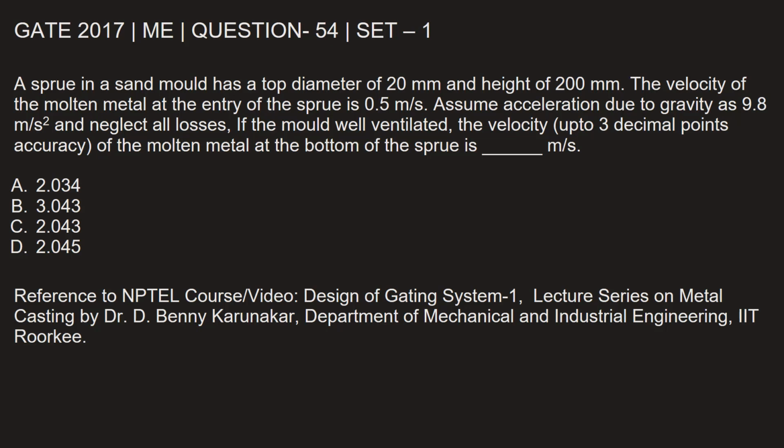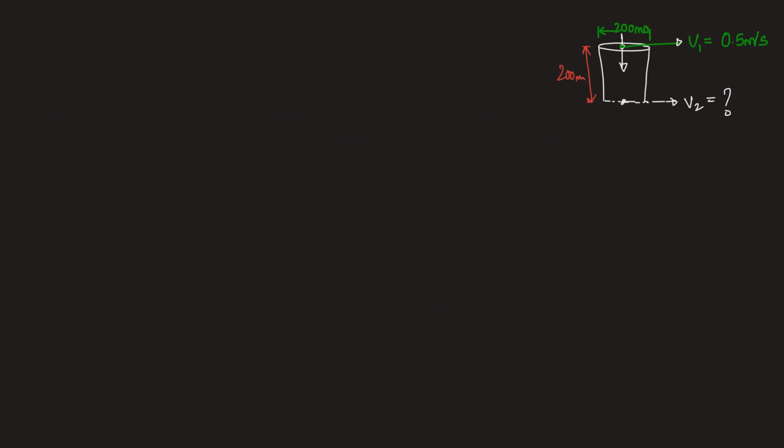If the mold is well ventilated, the velocity, up to 3 decimal points accuracy, of the molten metal at the bottom of the sprue is dash meter per second. Let's find out. In this figure, I have represented the given sprue with the velocity shown at the top of the sprue. Its diameter is 20 mm and the inlet velocity is 0.5 meter per second. Total height of the sprue is also given to be 200 mm and we need to find out the velocity